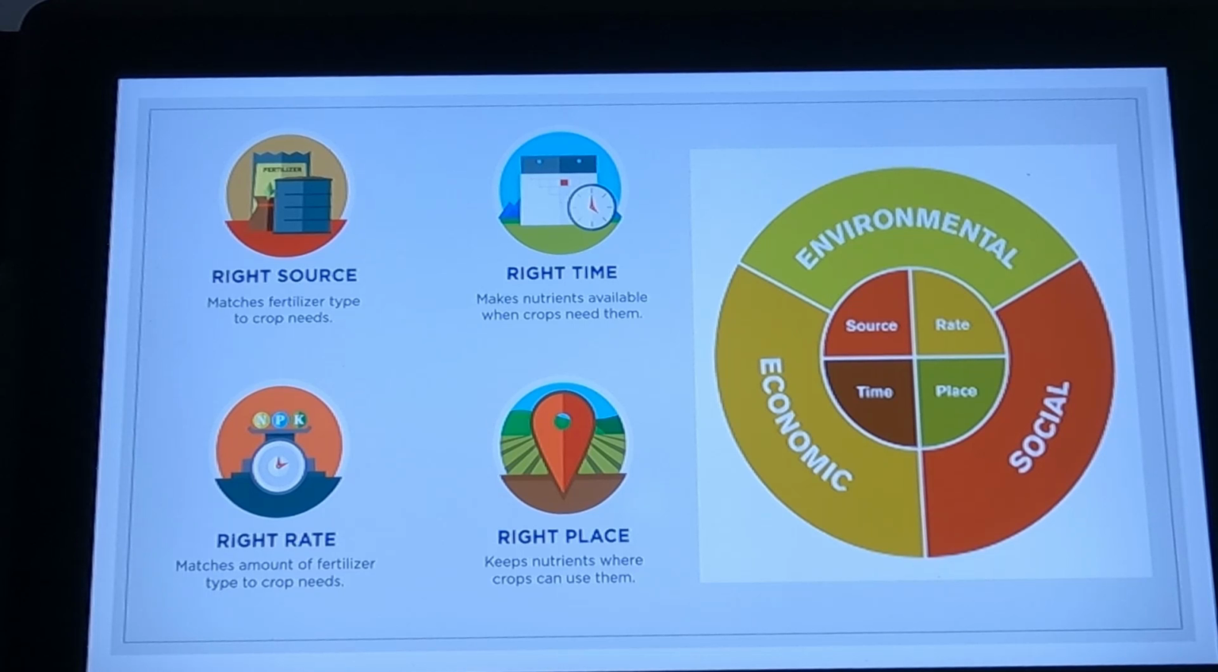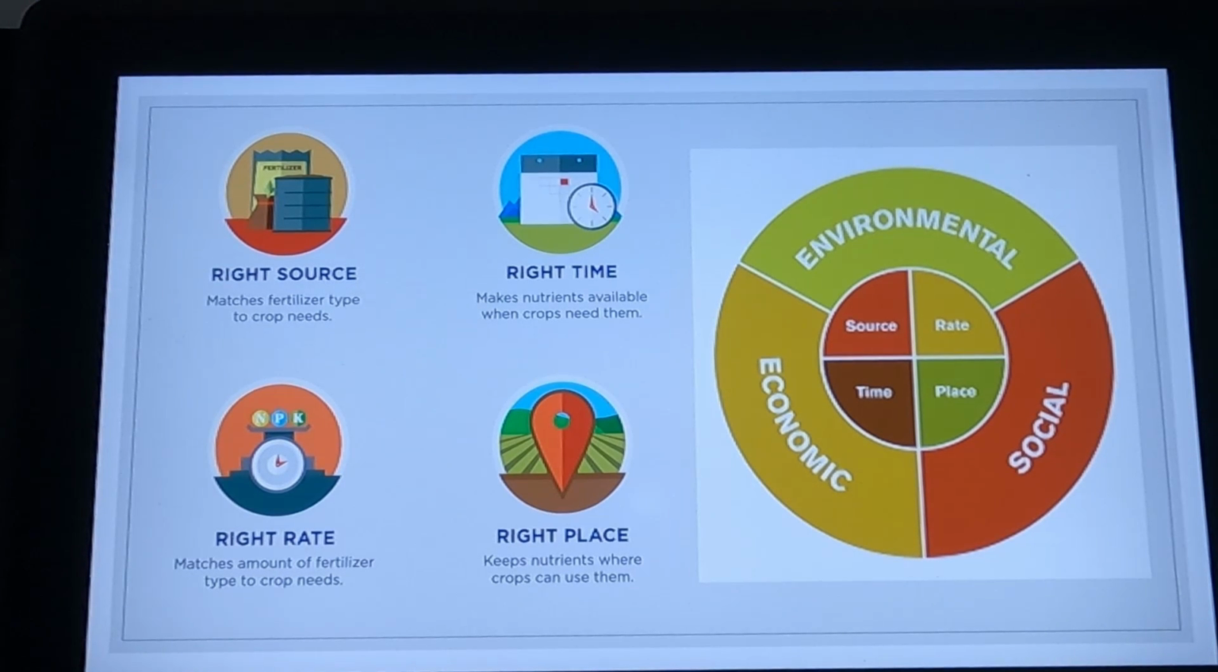And so to start with here, we've been taking these soil samples so we know the right rate to put out, right? And I've been giving you the source of fertilizer to use. It's kind of the only one we got. During this portion of the module, we'll talk a little bit about the right time and also about the right